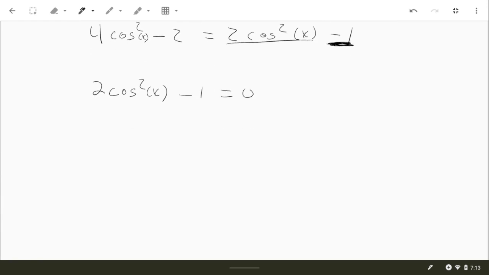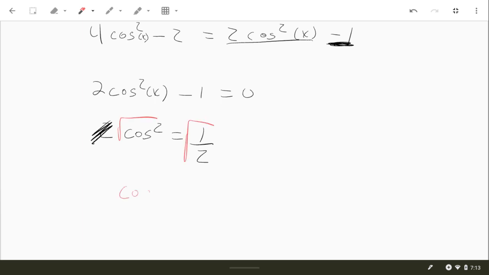All right. Now I need to solve this equation. There's only 2 terms, so I'll toss that 1 back over to the right side. I get 2 cosine squared equals 1. And then I'm going to divide by 2. Cancel that out. And now if I square root both sides, we're going to get